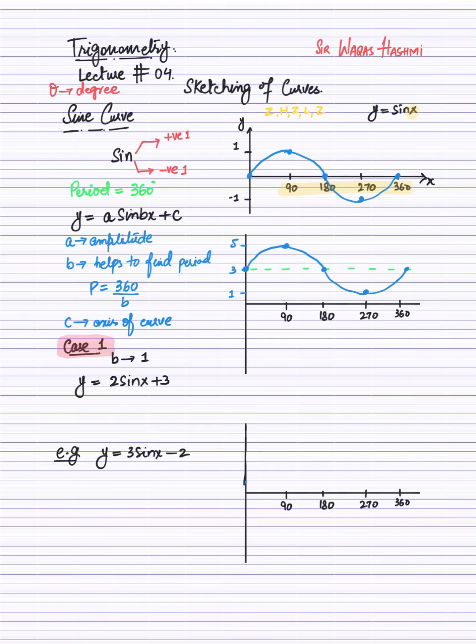नाउ लेट्स टेक वन मोर एग्जांपल, ठीक है। मैंने बनाया y = 3 sin x - 2। तो एक दफ़ा आप वीडियो को पॉज करके खुद ट्राई करने की कोशिश करें कि आप कैसे ट्राई करते हैं और फिर सॉल्यूशन देखिएगा। तो पहली चीज़, मेरे पास एक्सिस ऑफ कर्व क्या है भाई, -2। तो मैं अपने पास -2 पर एक डॉटेड लाइन बना देता हूँ। दैट इज़ द स्टार्टिंग पॉइंट ऑफ माई साइन कर्व, ठीक है ना।